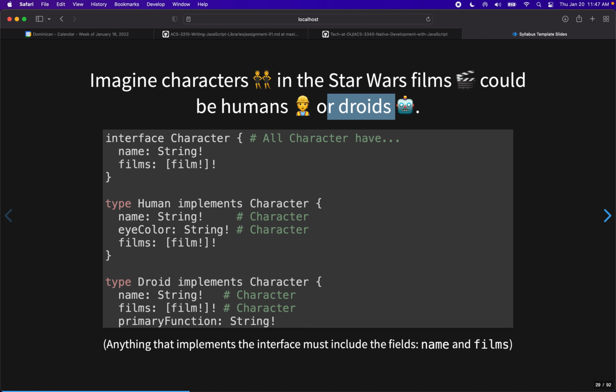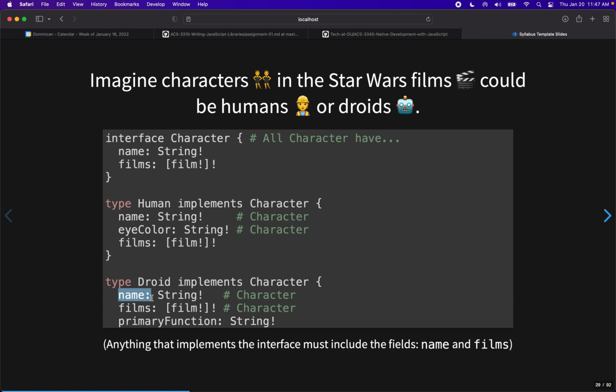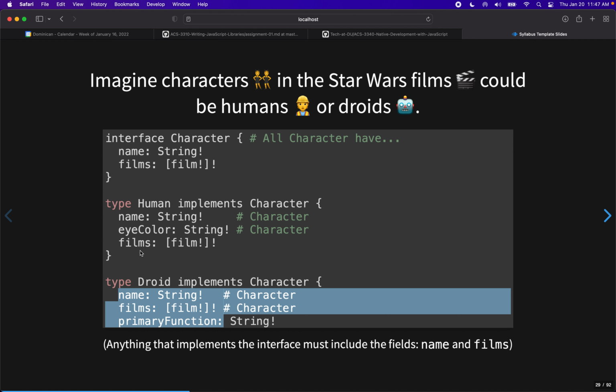So they're each a different type. You can see here that I've defined a type called human, and I've defined a type called droid, right? Humans have name, eye color, and films, but droids have name, films, and primary function. So it's a little bit different, right? They both share name and films, right? And as you saw earlier, if we